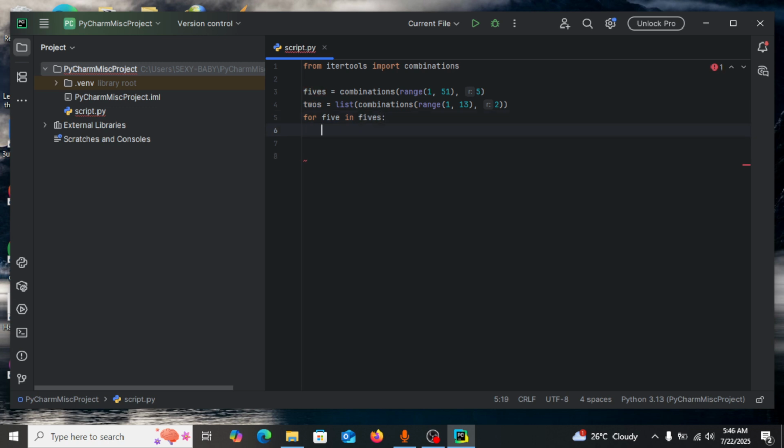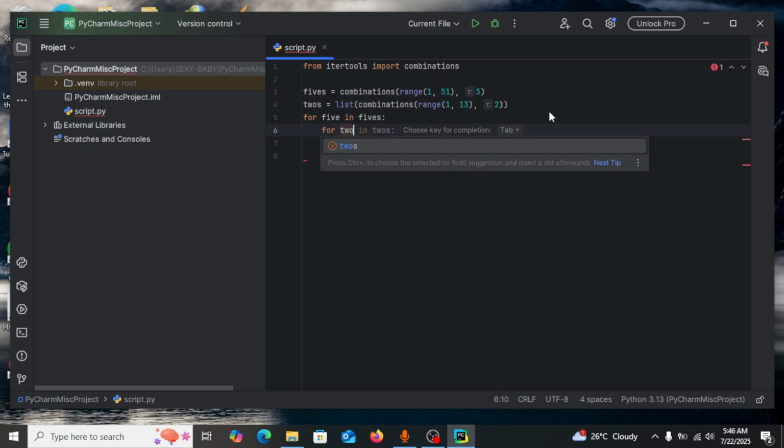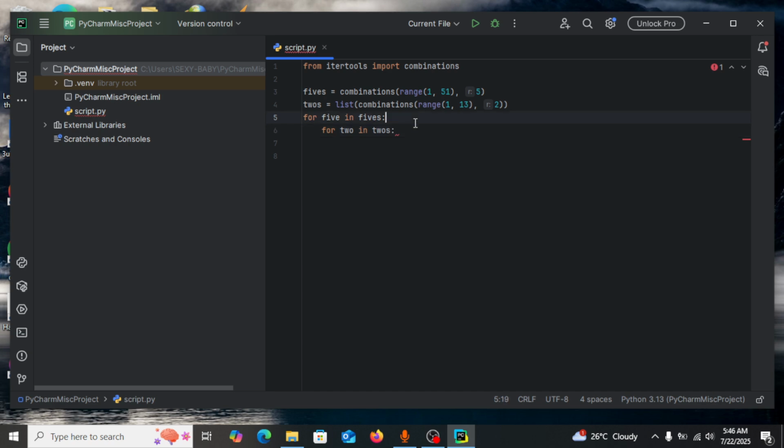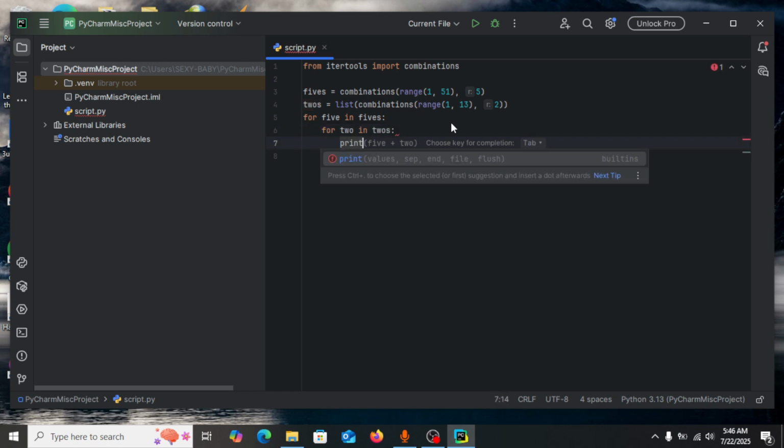what column goes there, and if you like you can just add for 2s, for 2 in 2s, our column also goes there. You can do this separately, like you can do for 5 in 5s and you print. You can do for 2 in 2s and you print, but I just want to do them together. That's how I like to do my things. Okay, our column goes there. Yeah, you print